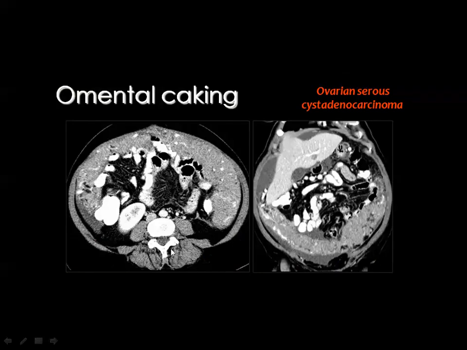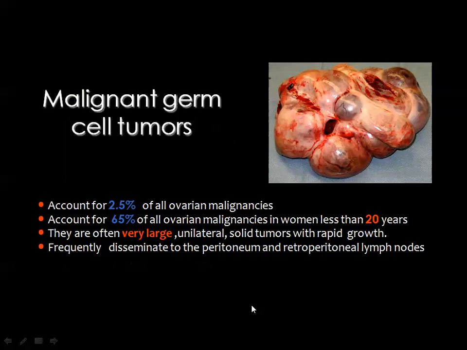And a good example of omental cake with a very big soft tissue mass behind the anterior abdominal wall, displacing the bowel posteriorly, and in the coronal reconstructed image, it conforms exactly to the anatomic site of the greater omentum. Then malignant germ cell tumors represent about 2.5% of the ovarian malignancies,